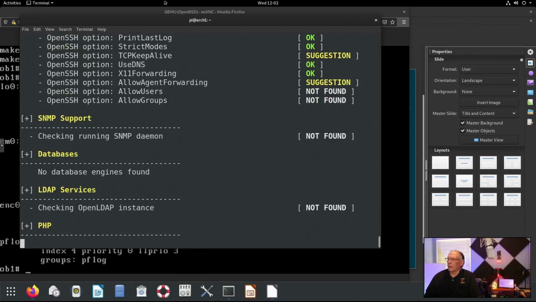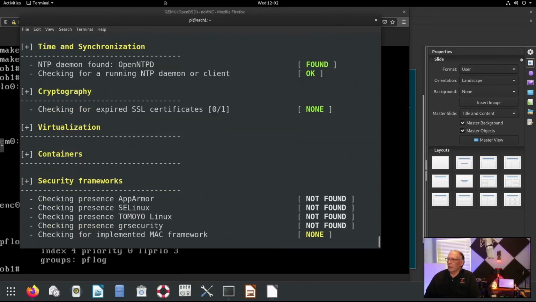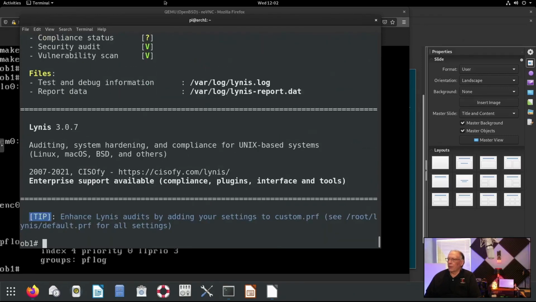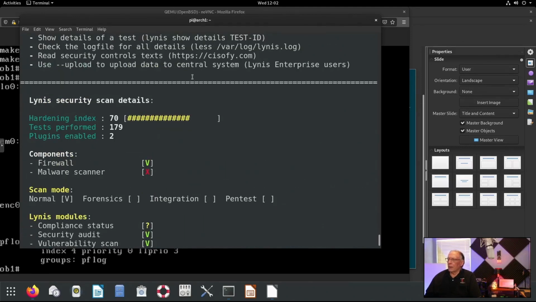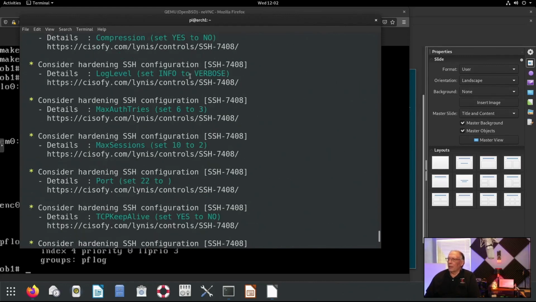Looks like some permissions that could be set better, and it's missing some core utilities that they're recommending. Let's see what the overall score is, though. 70. Wow, 4% higher than Linux.